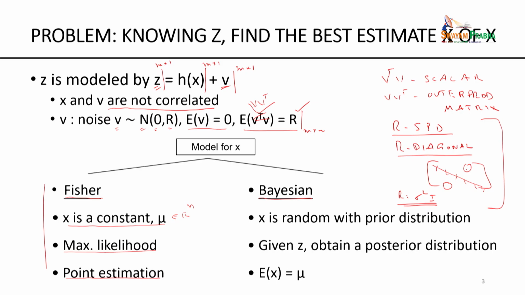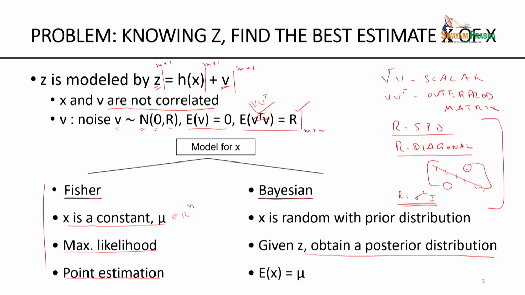Another is the Bayesian method. In the Bayesian method, x is considered to be random. When I have an unknown random quantity, the observation z is going to reveal information about the unknown x. For example, your blood pressure reveals information about the functioning of your heart. The blood test tells you about the cholesterol in your bloodstream, and so on. So observation reveals truth about Mother Nature.